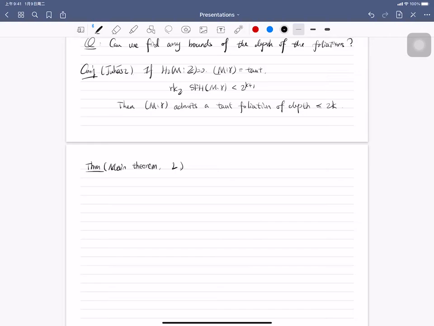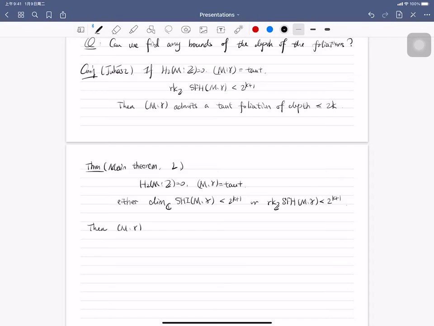Given the same conditions, if the second homology of M is 0, and we work with a taut balanced sutured manifold, and either the sutured instanton Floer homology of M and gamma, let's say the dimension, is smaller than 2 to the k plus 1, or the sutured Floer homology, this is from Heegaard Floer theory, has rank with the same bound,